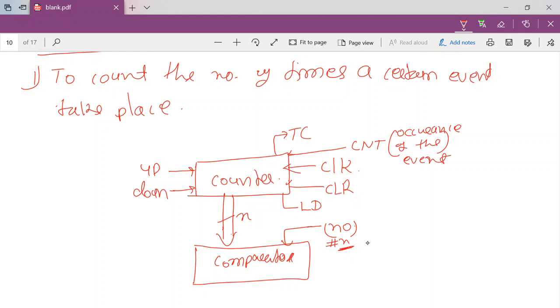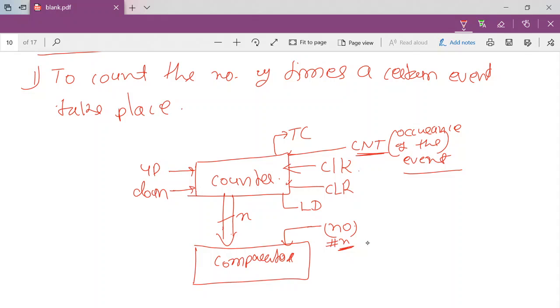We have discussed how we can implement a sequential system for counting a particular pattern. Whenever a particular pattern occurs, the counter will jump to the next state. That is the task of the count control pin. So that's how we can implement it.